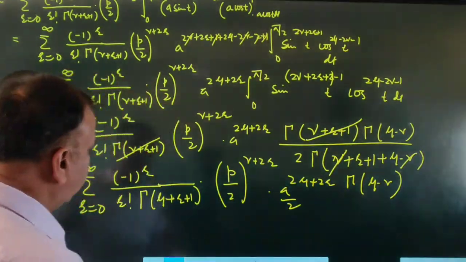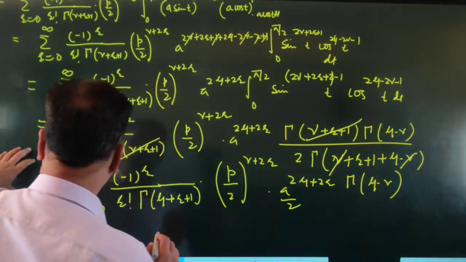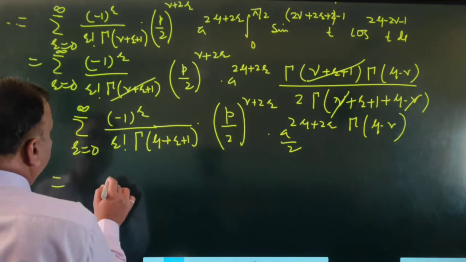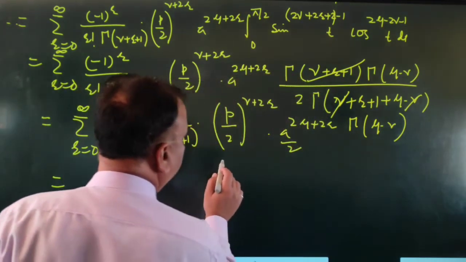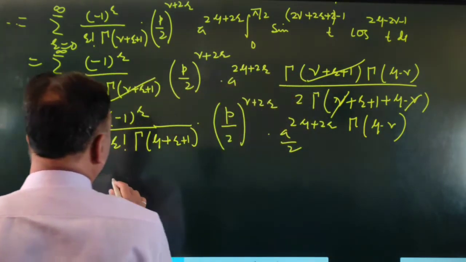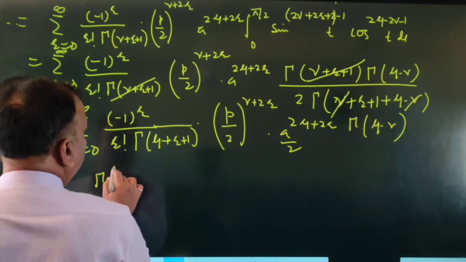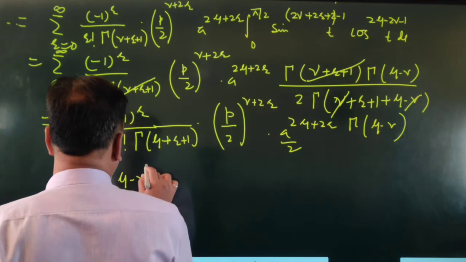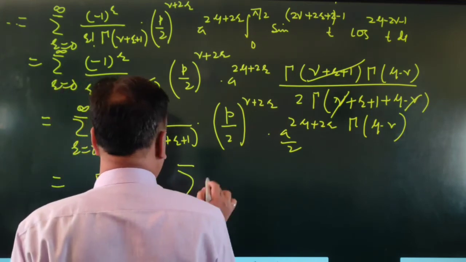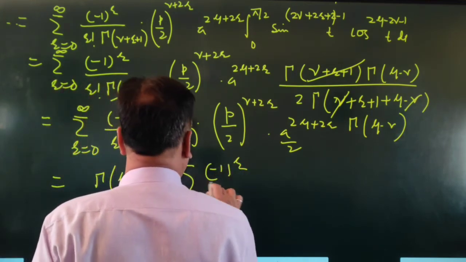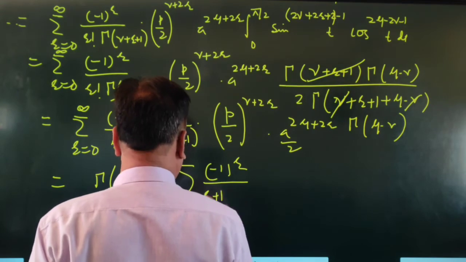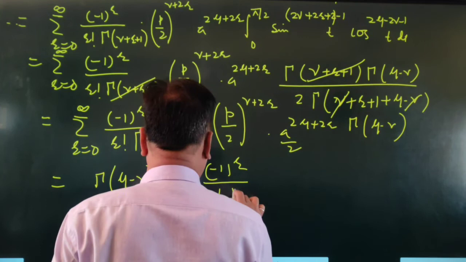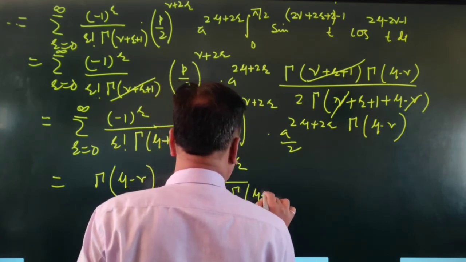We get this one as gamma of mu minus nu outside this summation. The summation is minus 1 raised to r upon factorial r gamma of mu plus r plus 1,